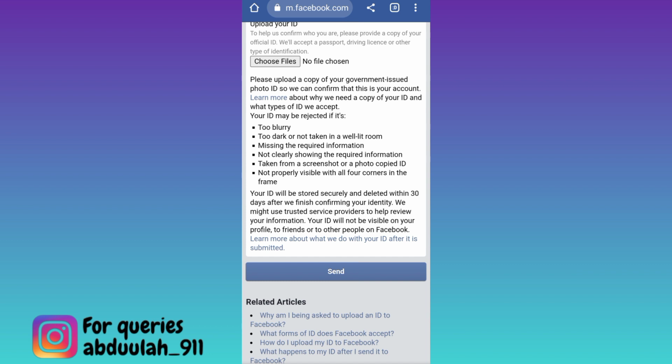Once you click on send, within the next 48 hours, your Facebook account will be recovered without your email address